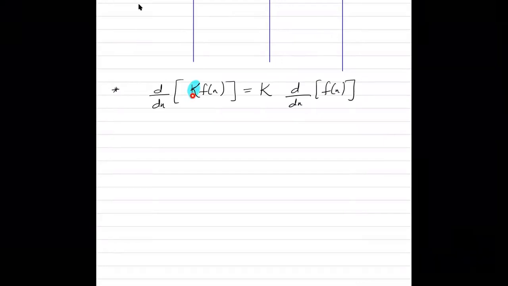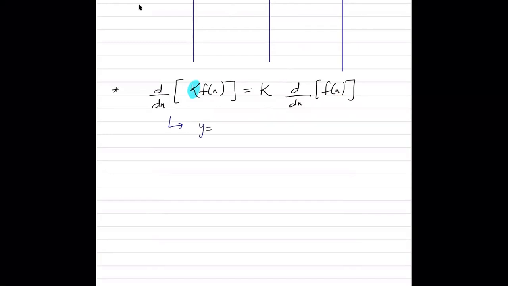Now, another basic rule is that if I want to differentiate a function that has a scalar multiple being multiplied with the function, the derivative is just going to be, you can always take this constant number outside the derivative sign, and you can just focus on differentiating the function itself. If this number k is just being multiplied with the function, you can just take this k outside and then differentiate the function. For example,